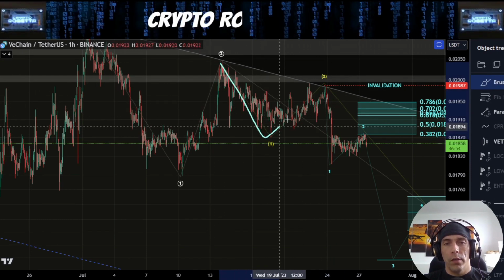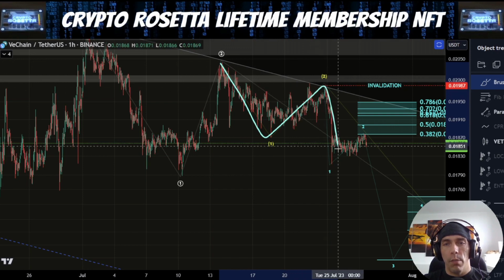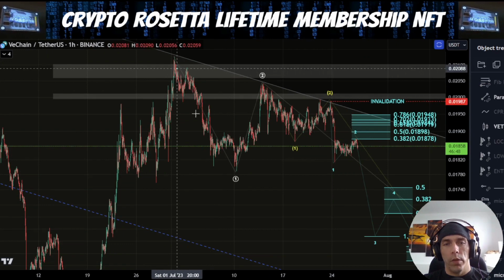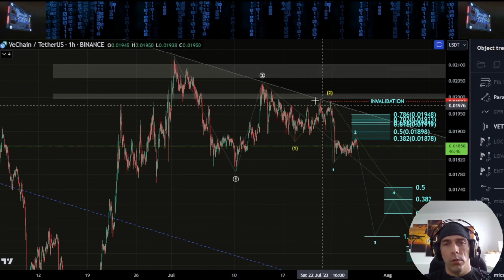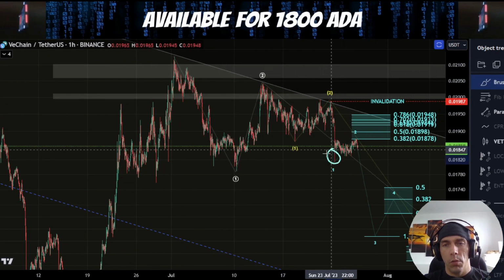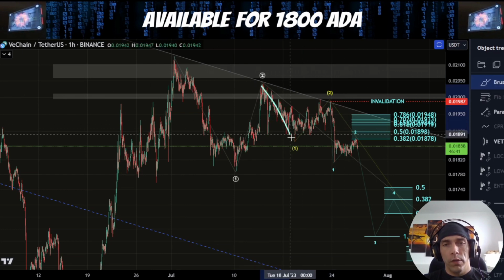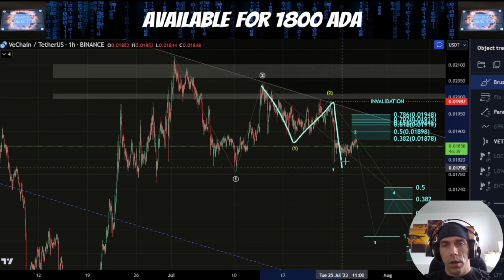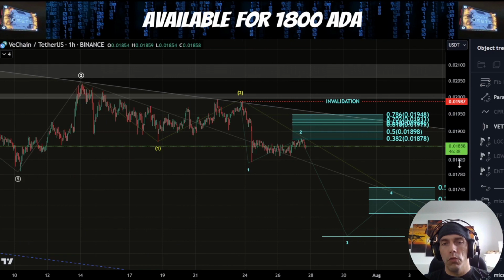If this is the case, this could then effectively become A, B, C. So if this is a corrective move where this is W, X, and Y, this could technically be completed into this low, but we don't have enough evidence. Alternatively, this could be 1, 2. This could then become 1 and 2. So this is going to be very crucial here,